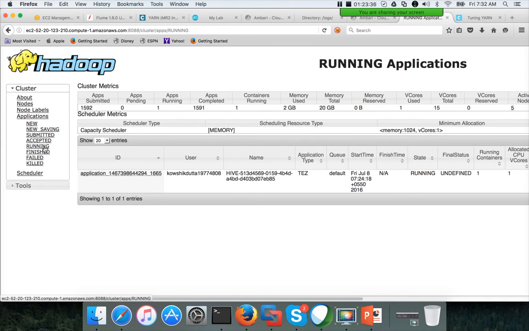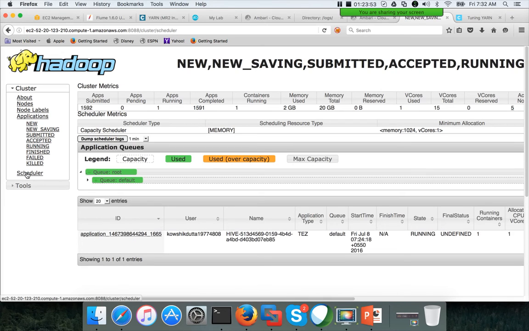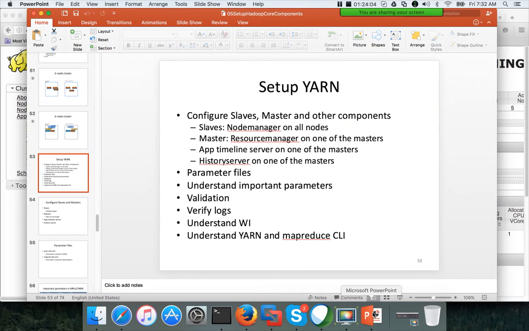So if you want to review the current running jobs, you can use this section and start looking into the jobs, and then you can click on the application to get the application logs, yarn logs, etc. Okay, and then scheduler is about how the capacity is being used, and we will talk about this a little bit later, probably as part of the next class. Okay, that is about the web interface.